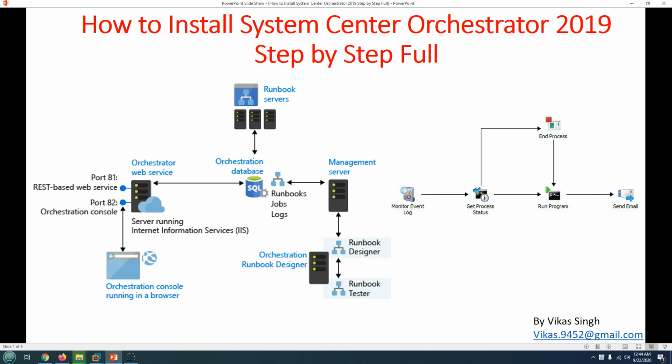Install System Center Orchestrator 2019. So we have done the installation of almost everything. We have done the installation for System Center Data Protection Manager, System Center Configuration Manager, Operations Manager, Service Manager, and other things. So now in this video we are going to focus on the installation of System Center Orchestrator 2019 step